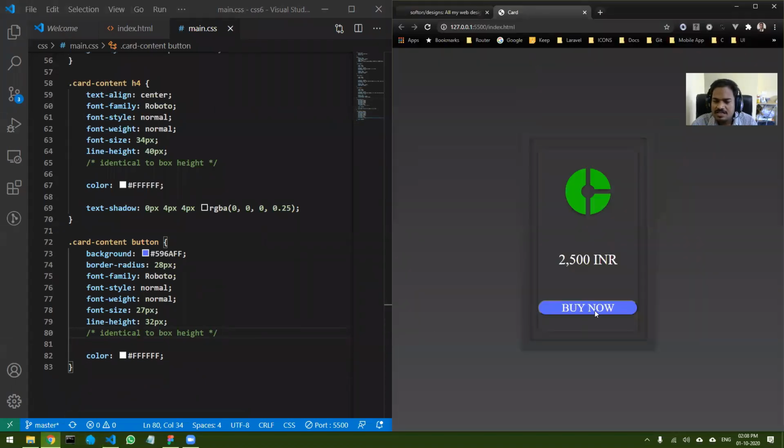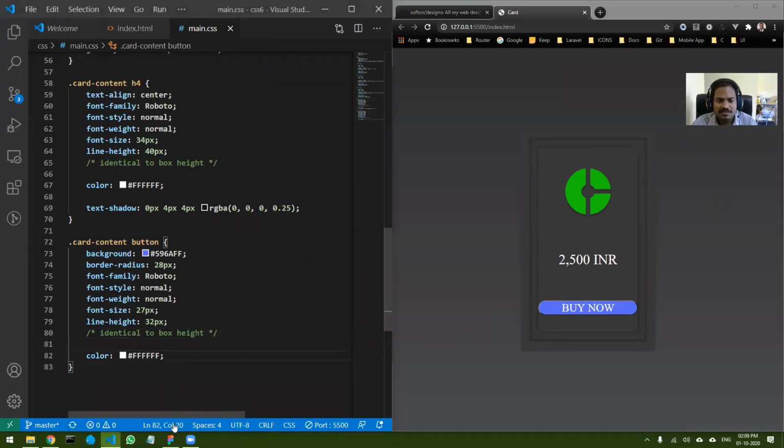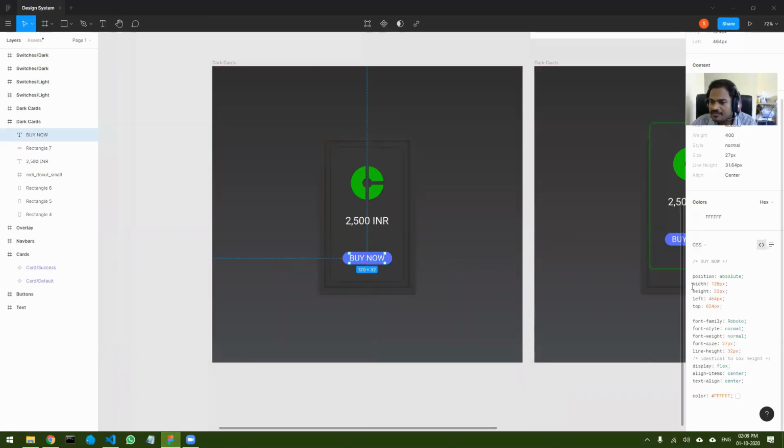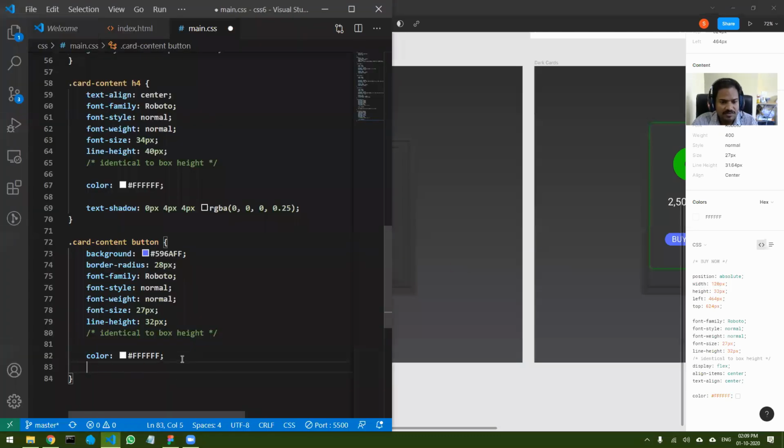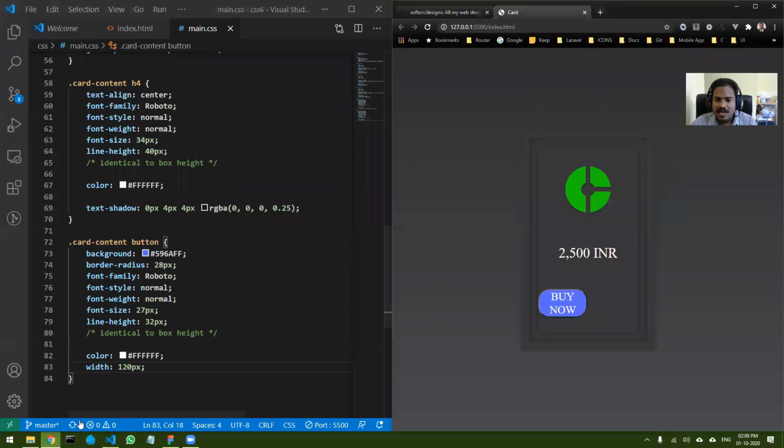Now you can see the size of the button is right now block element, right? So we don't want that. Let us give a fixed width to it. And that also we can find from here. You can see the width of the box is 120 pixels. So let's give a width of 120 pixels and check.